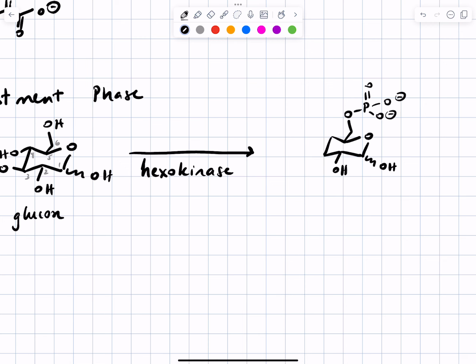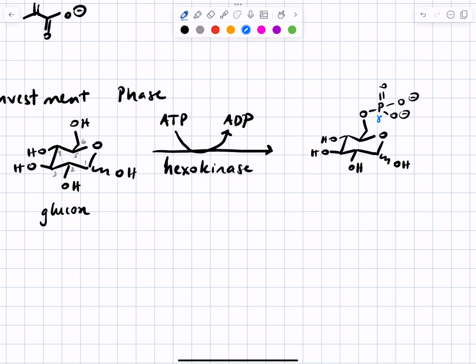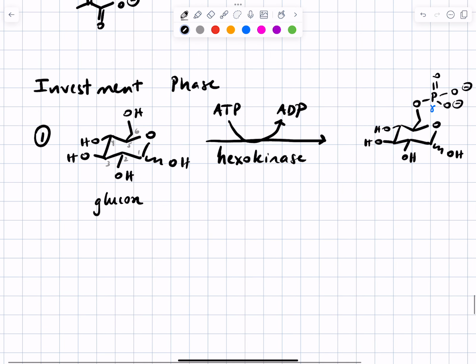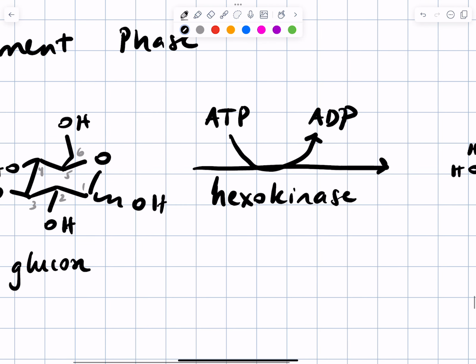This is downhill in energy. It involves conversion of ATP to ADP, and it's the gamma phosphate group of ATP that gets transferred. I'm not going to draw the structure of ATP for you. You can look that up in your notes earlier, though I'll point out that the bond between the gamma and beta phosphate groups is called a